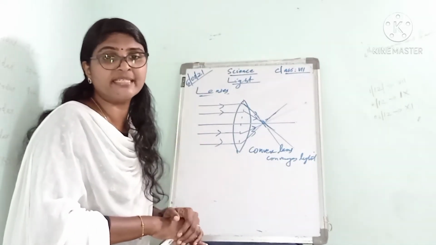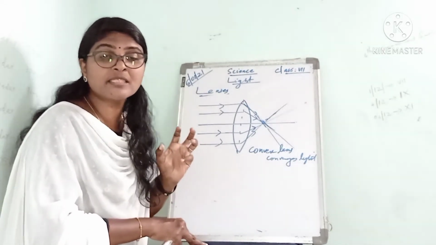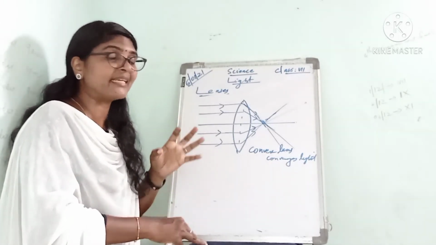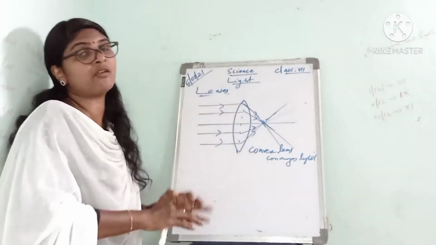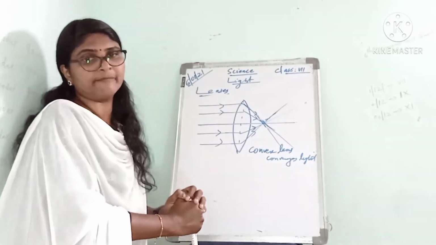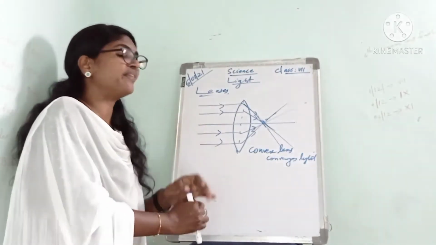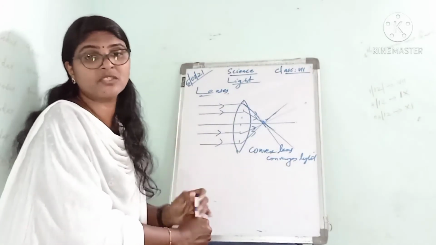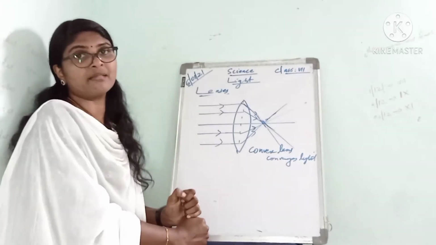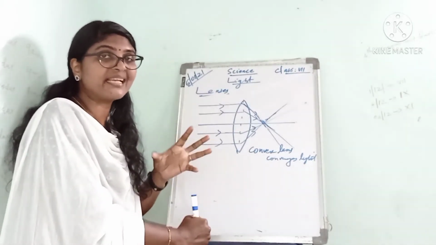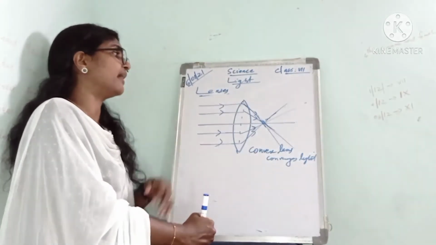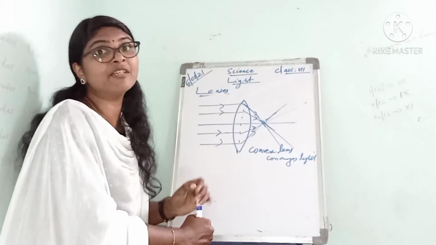At a particular point, the light appears as a small spot on the paper, because the convex lens concentrates light, or converges light, at that point. Also, the convex lens can converge heat rays. Since it can burn the paper, we can say the convex lens converges the heat rays also. That is why we can say the convex lens is a converging lens.